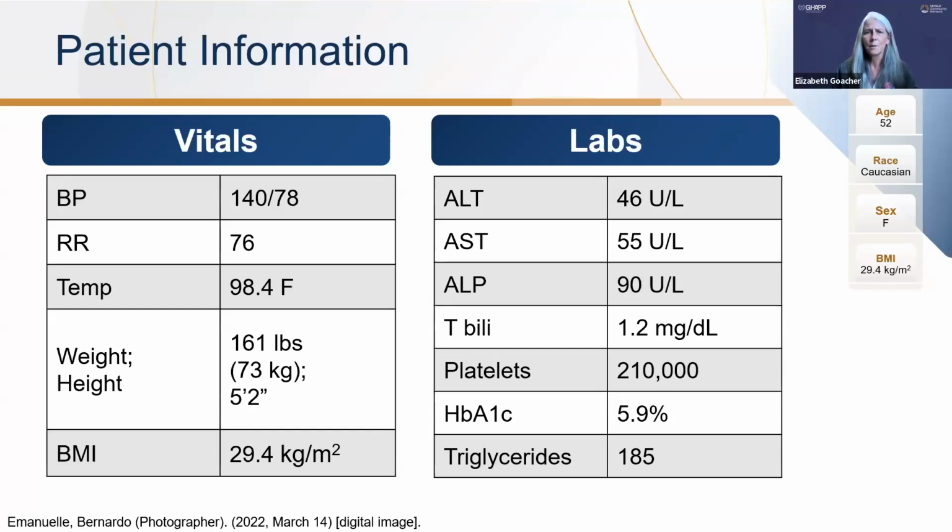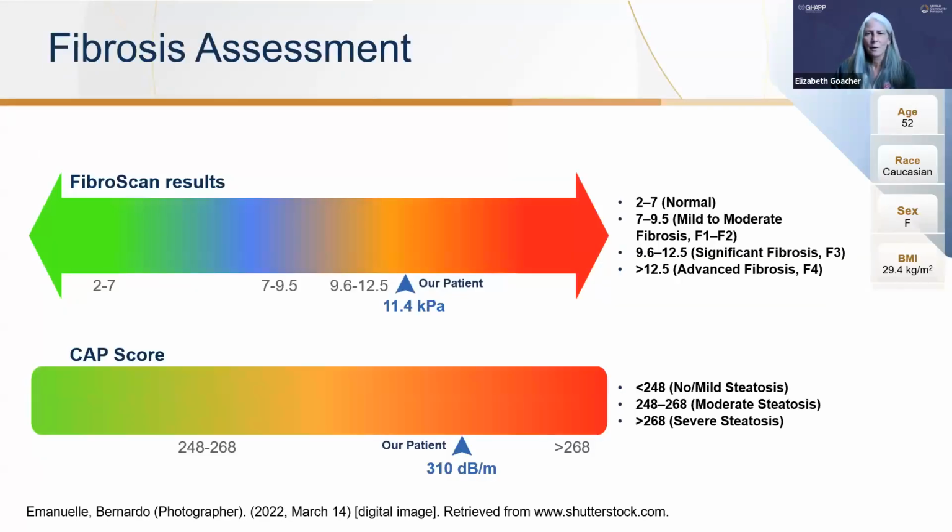Now, the thing I think is important to take away from this is that this is a patient with abnormal liver tests, and we're not going to walk through the diagnosis and the workup for abnormal liver enzymes. Obviously, this lady needs further evaluation for whether she has MASLD or not. For the sake of this talk, we're going to presume that's what we're working with, and the adequate evaluation has already taken place. Now, what do we do next?